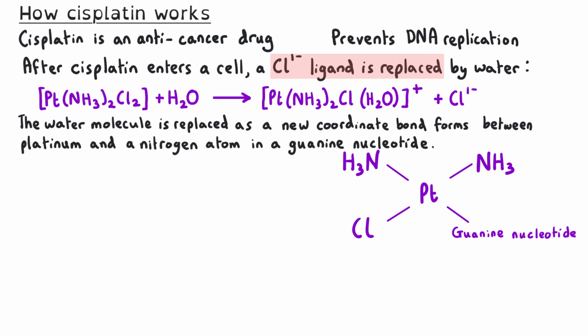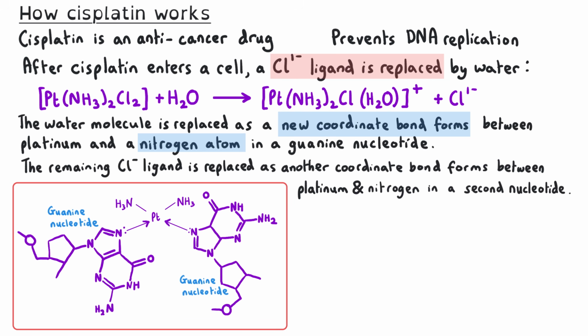And then the water molecule is replaced by a new coordinate bond, forming between platinum and a nitrogen atom in a guanine nucleotide in DNA. And then the remaining chloride ligand is also replaced as another coordinate bond forms between platinum and a nitrogen atom in a second guanine nucleotide adjacent to the first. You can see here the platinum still coordinately bonded to those 2 original ammonia molecules, now bonded to the 2